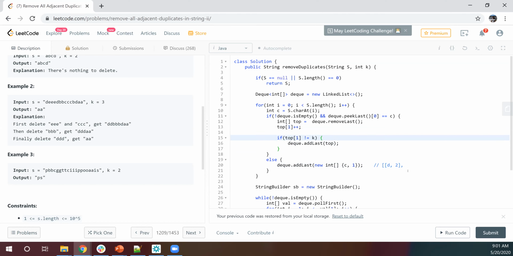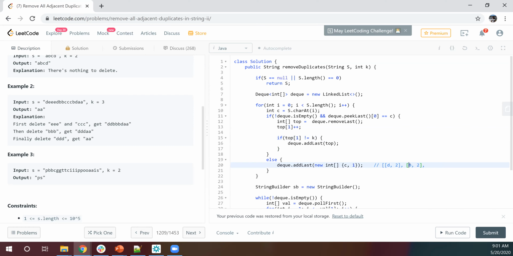After that, we'll get B. The same way, B will go back. There are 2 B's, followed by 3 C's. The first 2 C's will go through this cycle, and when the third C comes, it will not be put back.